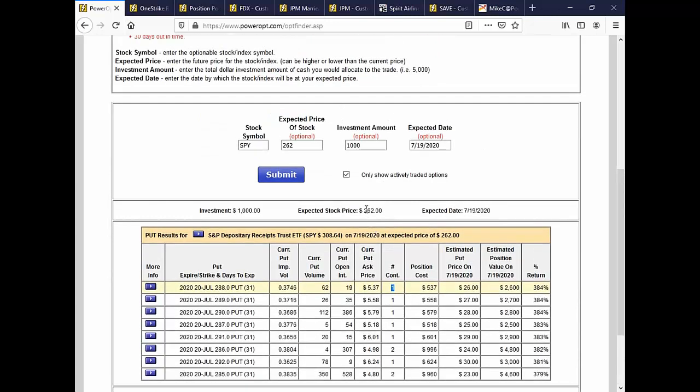So what this is showing me is it's currently at 308. So I'm assuming almost a 40-point decline, which is a little bit more than 10. It's about a 12% decline. Okay, so if this dropped 46 points,